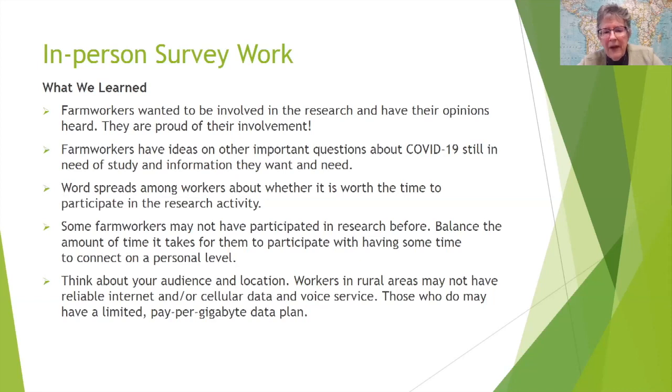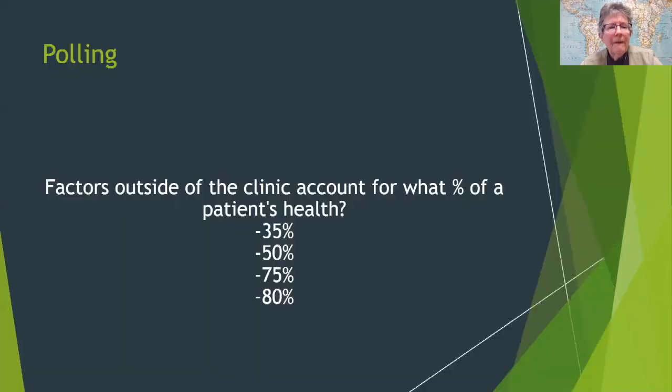The location is very important. We found most of the workers that live in the labor camps don't have reliable internet there. The labor camps are located very, very close to the Missouri River, and there just aren't any cell towers down there. So many of them can't get any cell phone reception or internet reception of any kind. So when you're thinking about doing something like this, it really is important to be sure you have a clear idea of what service is going to be available.